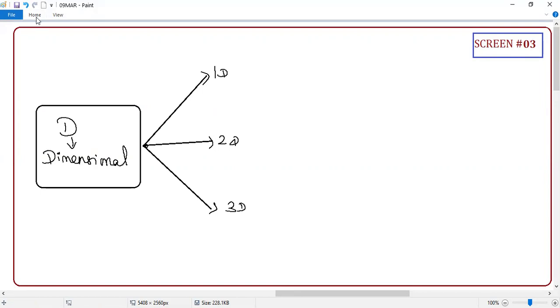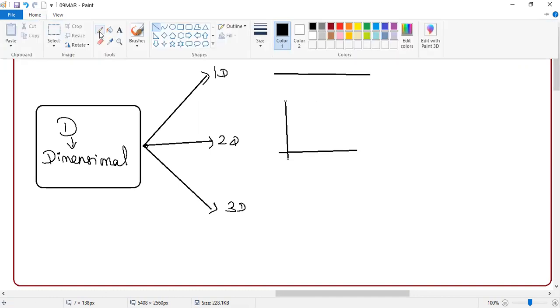1D means what, students? It's just a line. This is 1D. 2D means what? Accumulation of lines. If you join everything, you will get 2D. Very simple way I can say: if you put a point on this line, it can move only left and right. But if you join one line and another line together like this, the point can move left and right and up and down, which means, guys, this is called a plane.